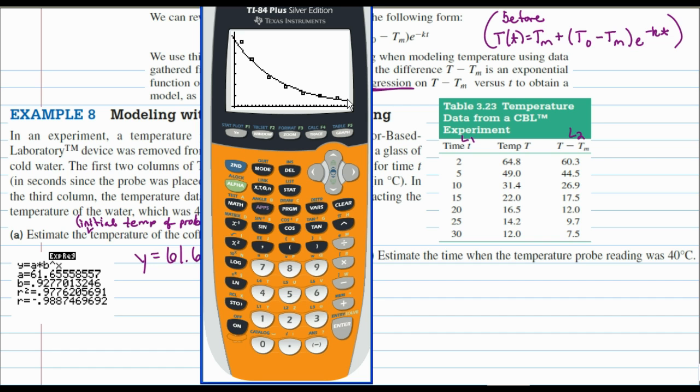And it says to estimate the initial temperature of the coffee. So I'm going to hit trace. I don't want to be on my data point, so I'm going to hit up. I want to be on the actual regression equation I created. So I'm going to do 0, enter. So my initial would be